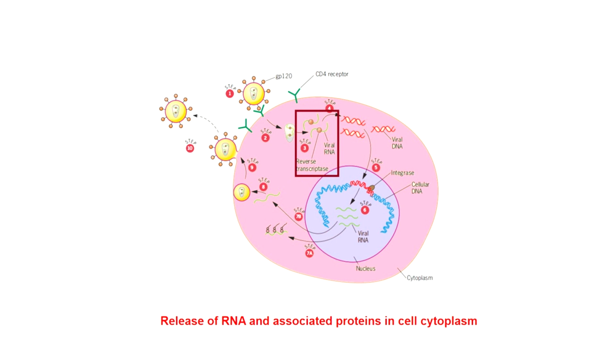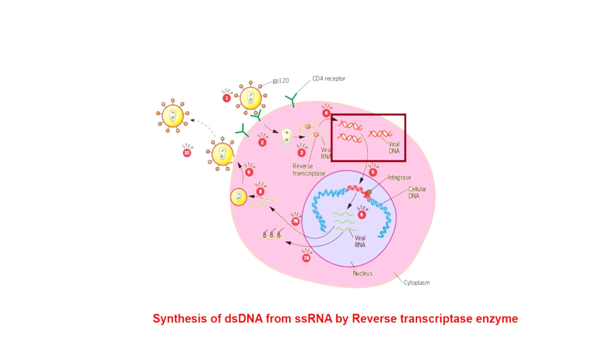Now, once this virus is inside the cell, the lipid membrane and the protein coat that surround the virus particle are removed. And the materials present in the virus's core are released into the cell cytoplasm. These materials include the viral RNA and the proteins required for replication of the viral genome. These proteins include reverse transcriptase, which is bound to the strand of viral RNA. And this reverse transcriptase enzyme converts viral RNA, which is single-stranded, into a double-stranded DNA molecule.